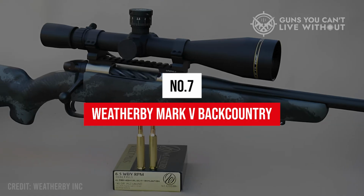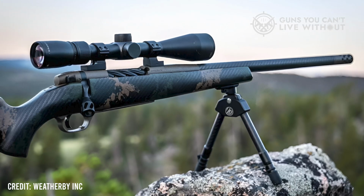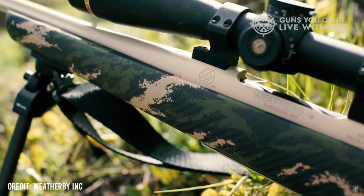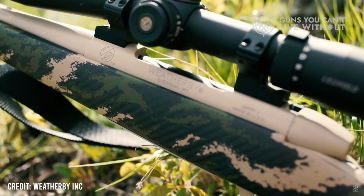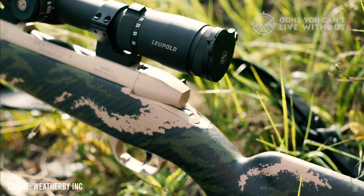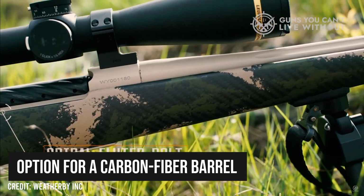Number 7. Weatherby Mark V Backcountry. The Mark V Backcountry 2.0 Ti Carbon is an evolution of Weatherby's original Backcountry series, designed to make the legendary Mark V action as light as possible for an ultra-light mountain rifle. The 2.0 model brings key upgrades, including the option for a carbon fiber barrel and a redesigned 3D-printed recoil